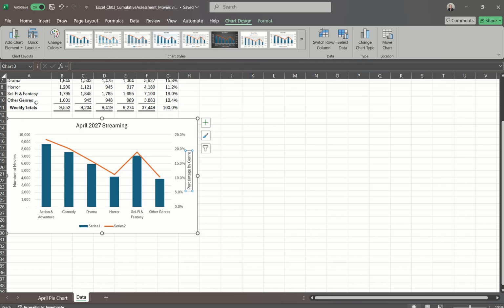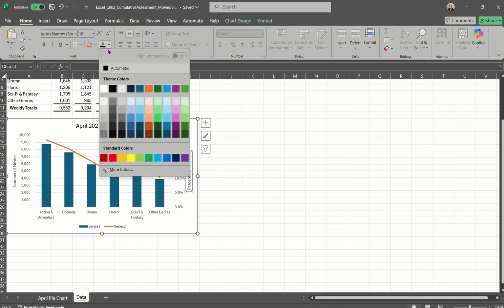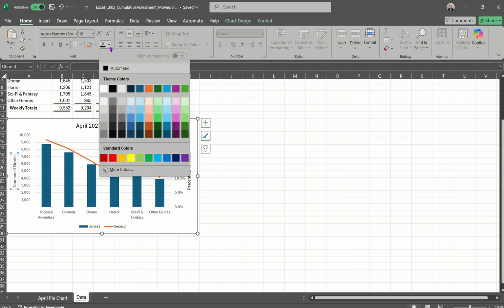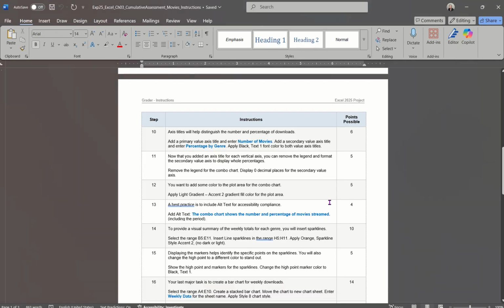So let's see, we're going to click in percentage by genres, and we're going to go to home, and we're going to change this to theme color black text 1. And then I'm going to come over here and click on this one and come up to the font and click on black text 1. So you can see it's a little bit darker than the numbers. Alright, so that's